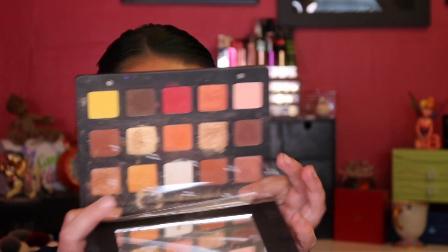The Sunset palette, and my oldest Natasha baby, which was the most expensive one I bought, is the Star palette. As you can see, she's been well loved. I've had this thing for years. And the thing is, Natasha's shadows, you can see, again,